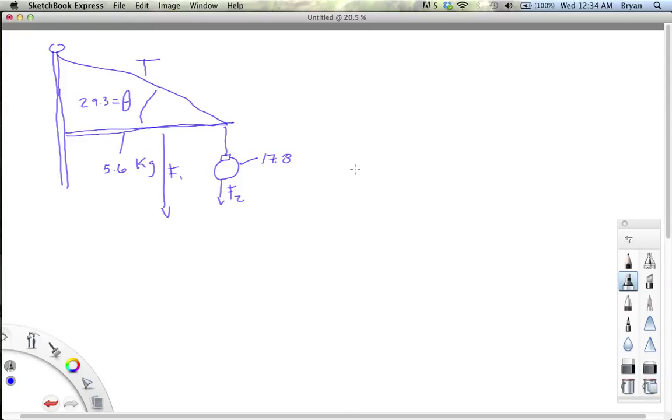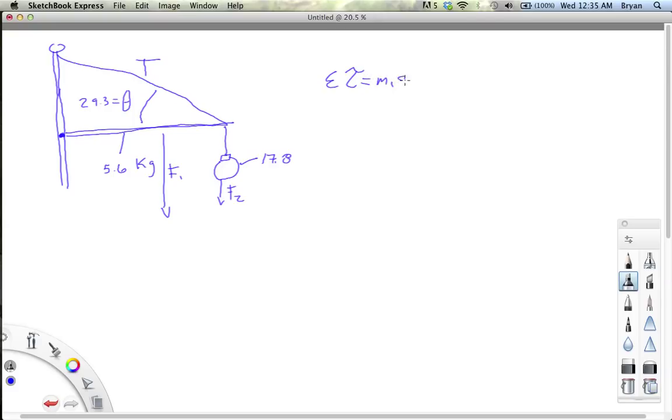And what we want to do is first solve for T. Obviously, that's what they ask. So, if we're looking at the diagram, it's kind of messy, but what we're going to do, like we did in the last problem, is take the sum of torques. And what is that equal to? Well, if we look at all our torques and pick a pivot point, we're going to pick this as the pivot point,